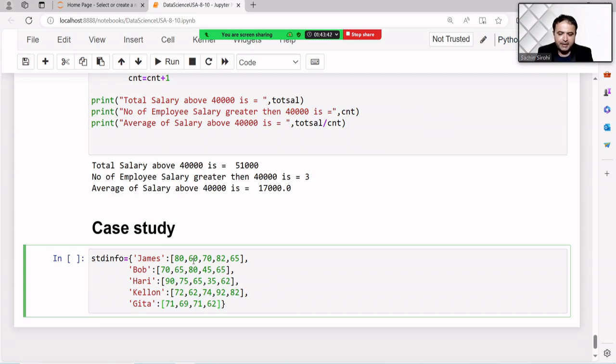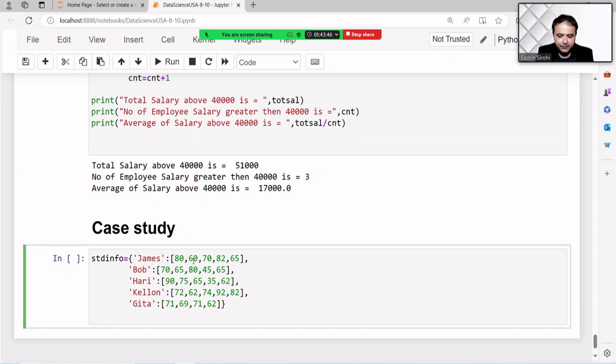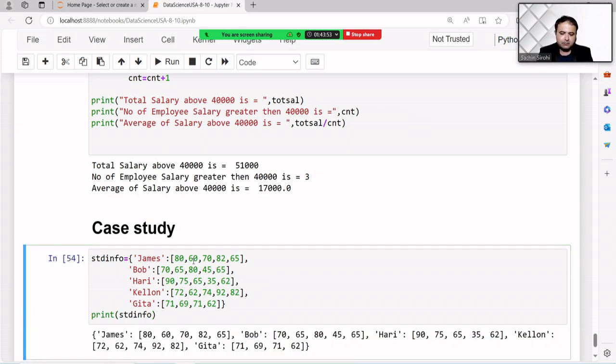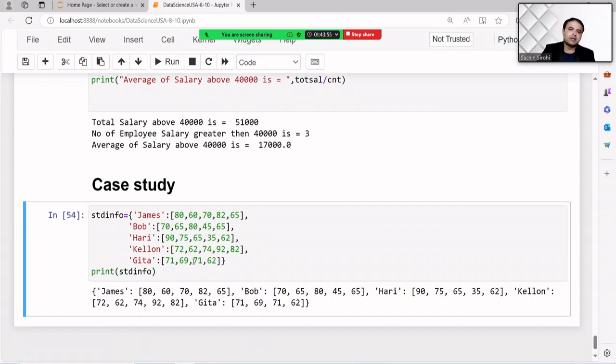Perfect. So I have created the dictionary. Firstly, I want to print it. So we have the whole dictionary.